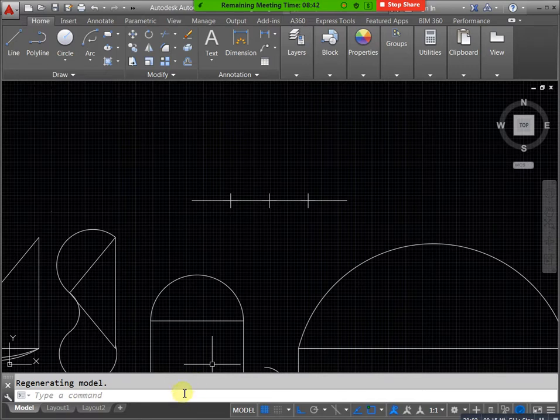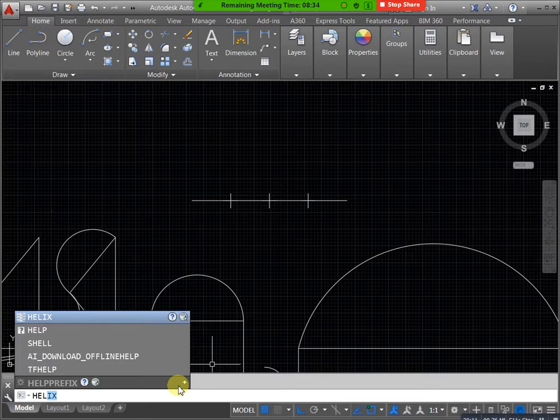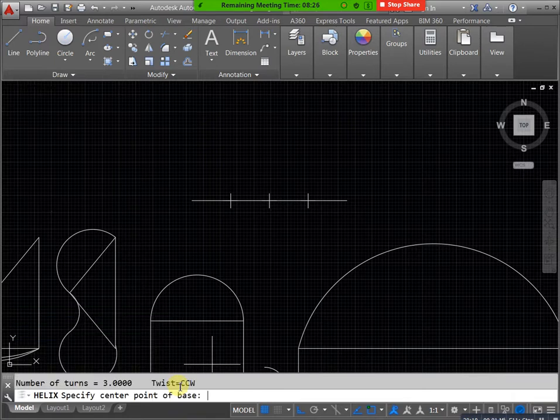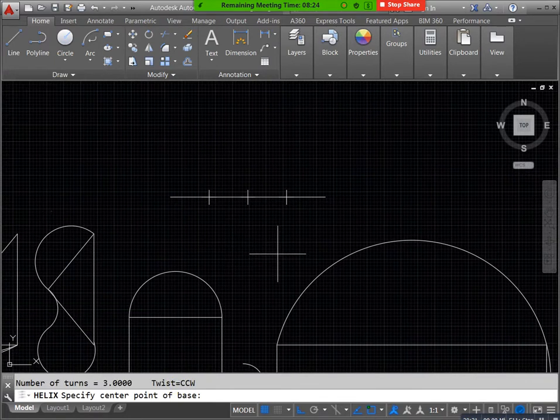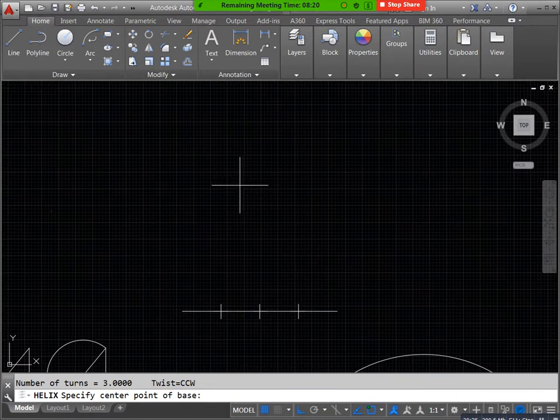For example, I know turns, so you can select turns, I need 15 turns. Next, you can mention your height, for example 100 or 150. Okay, just check in 3D, then you will get your helix. Okay, this is helix.